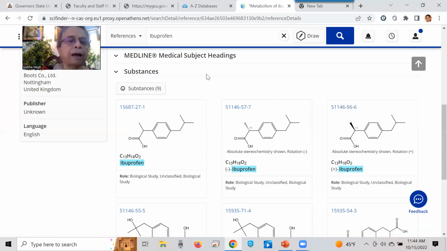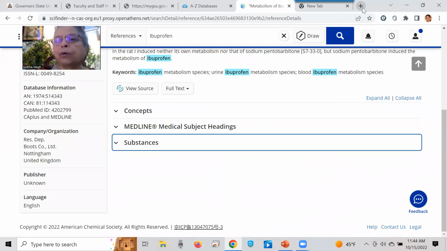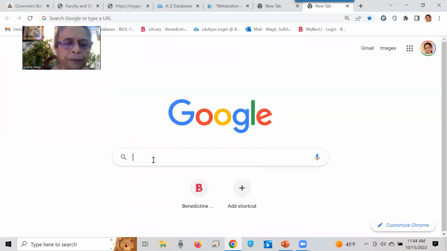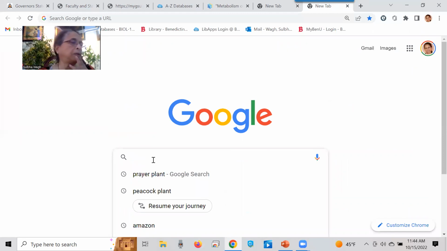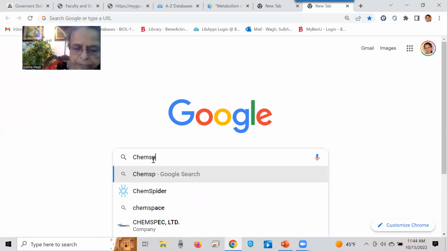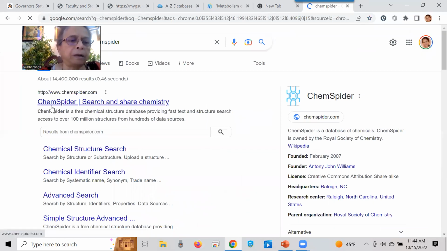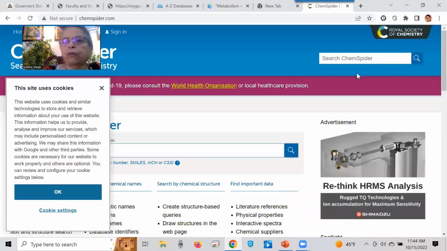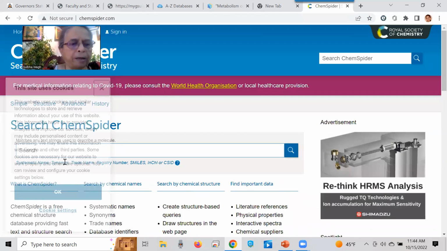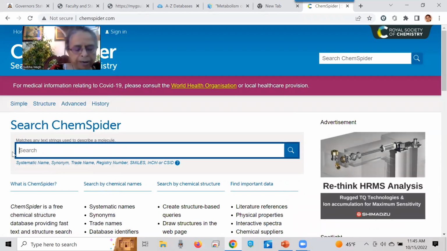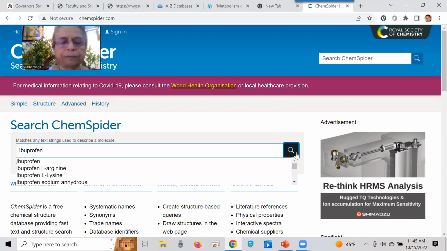The other place that I want you to go is, I forget the name of it, ChemSpider. That's a free database by the Royal Society of Chemistry in London, England. When I go there and I'm looking for something, the easiest way is to search by substance. I can say ibuprofen here, right? And then if I do a search,